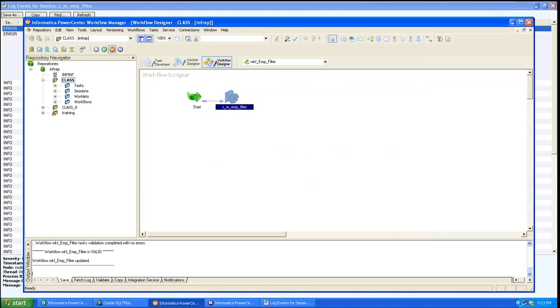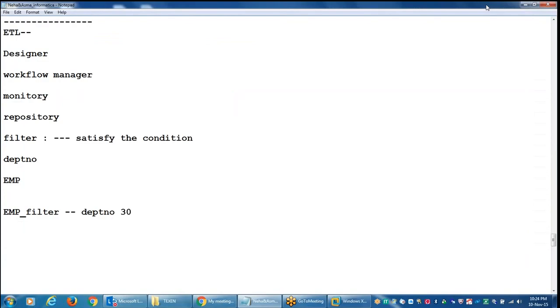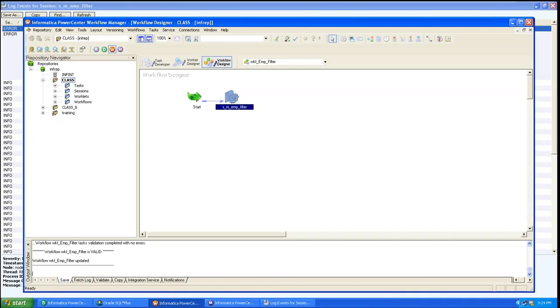Now, one question. Already the data is there in the target table, right? In the target table, six rows are there, six records. Now, if you run the same job one more time, will it load the data or not? So there is a functionality of overwriting the data in Informatica. Generally, we can do one thing over there: either we can do the pre-SQL query, where we delete the data for today's run by the sales date time, and then we can load our data.